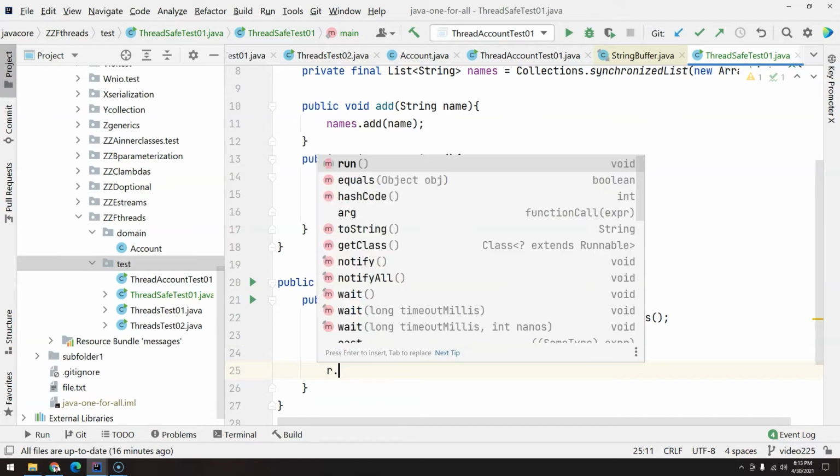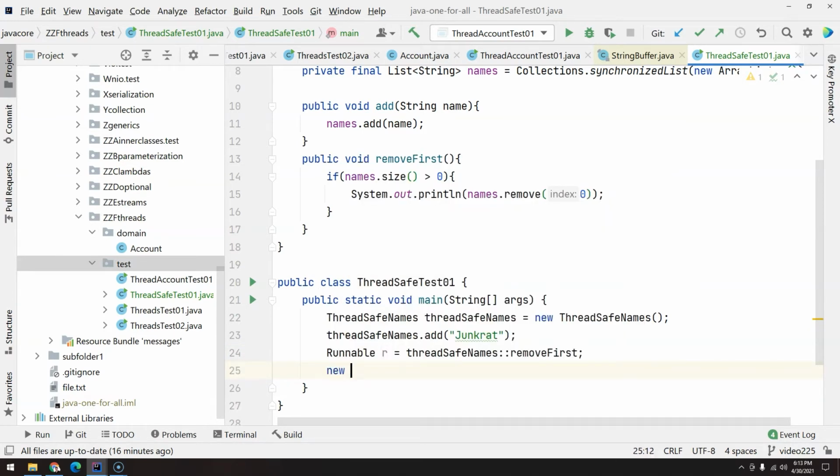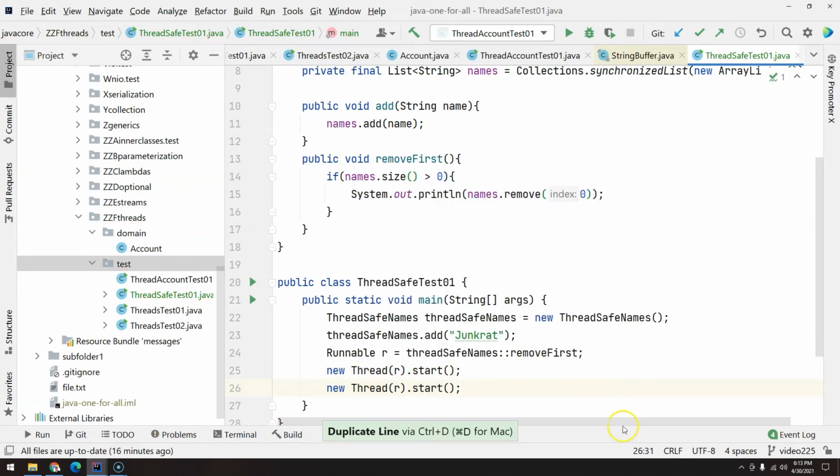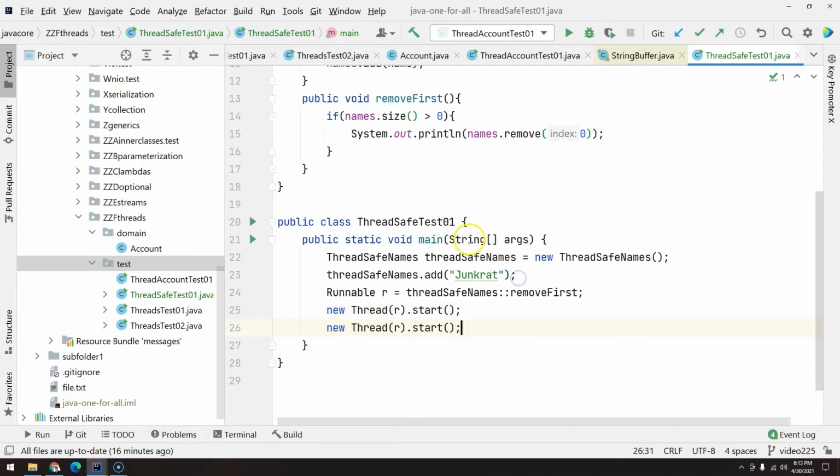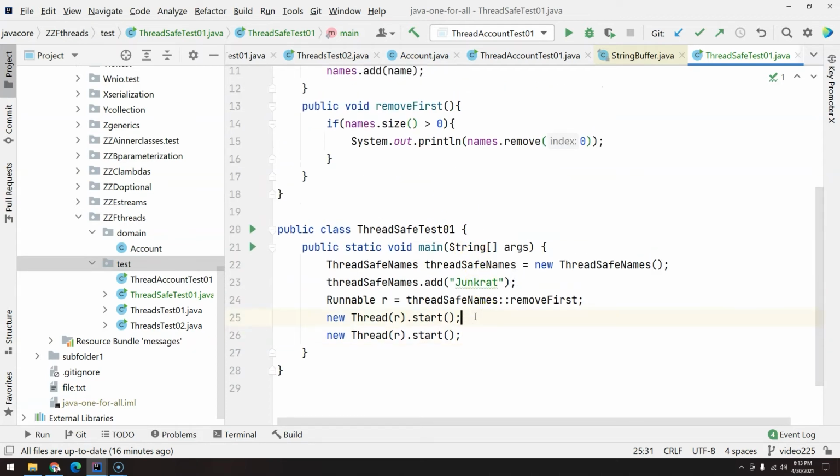Now I cannot start the Runnable, I need to create a thread, but I'm not going to use a reference variable because I just want to get started right away, like this. So basically when I run this code, I will have the main method, the main thread going here and starting this one and this one. And let's see what's going to happen.